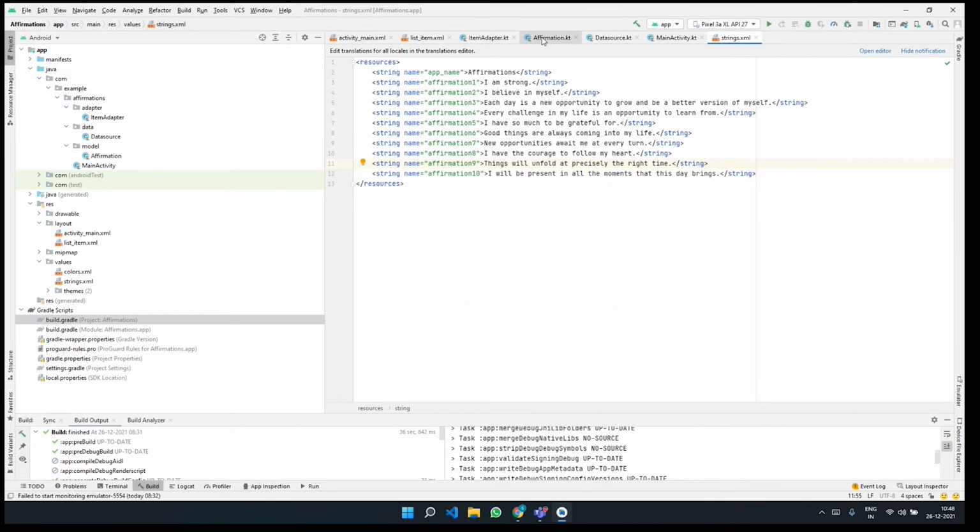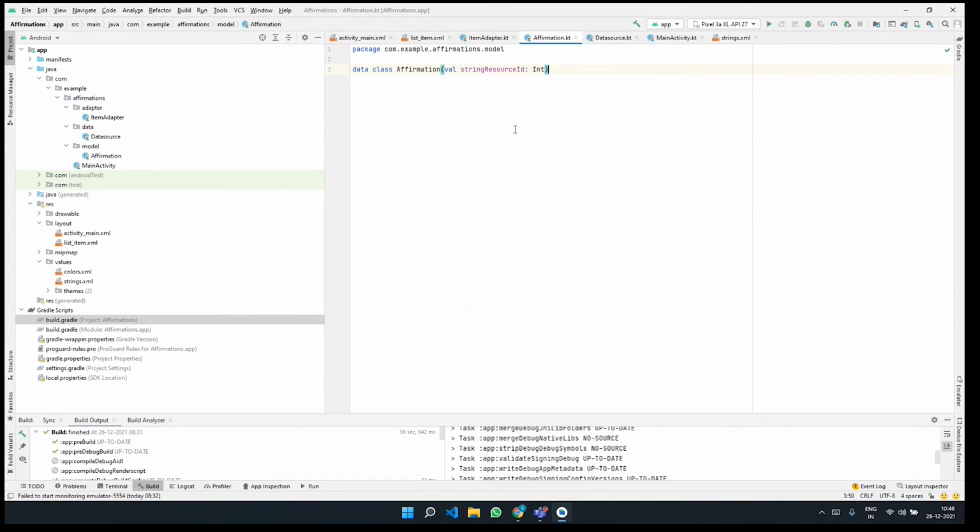When you hover over affirmation.kt, it is really simple here. We just have one line of code which says affirmation and the string resource ID, where you're saying that the string resource ID is an Int.